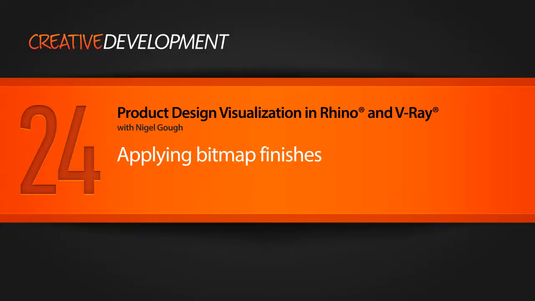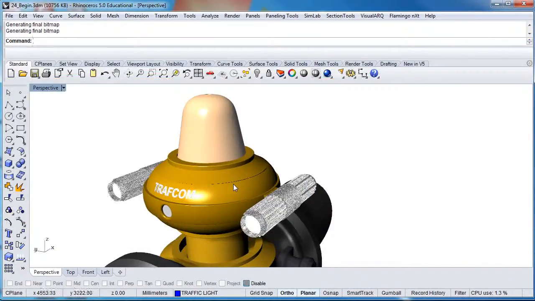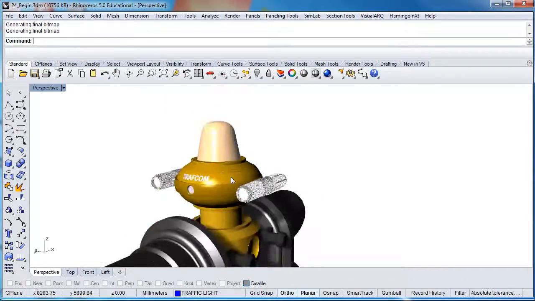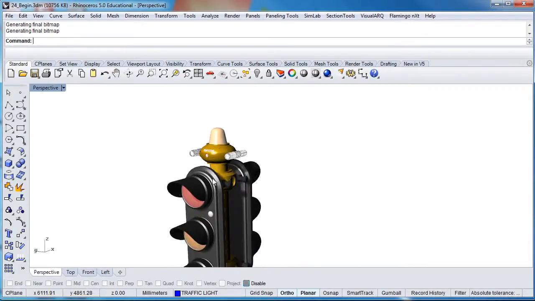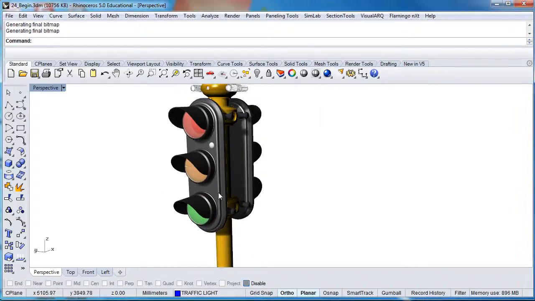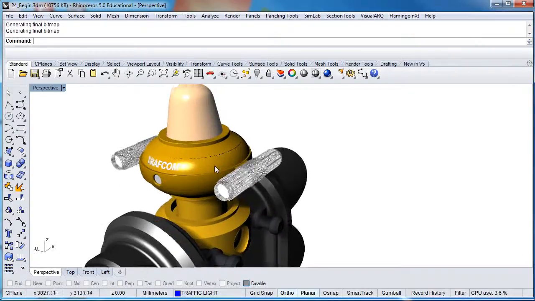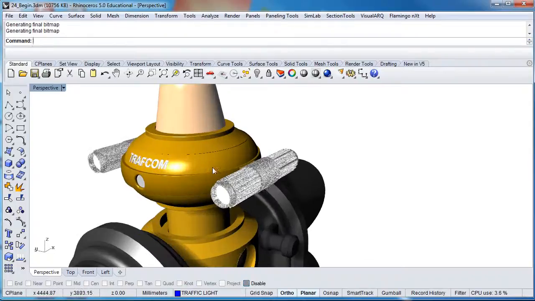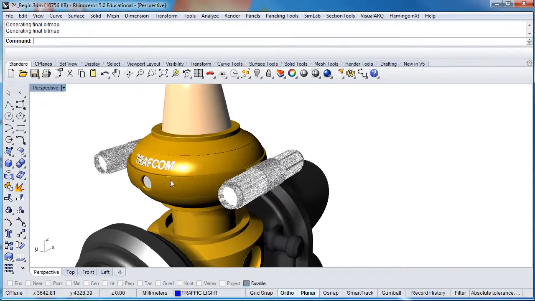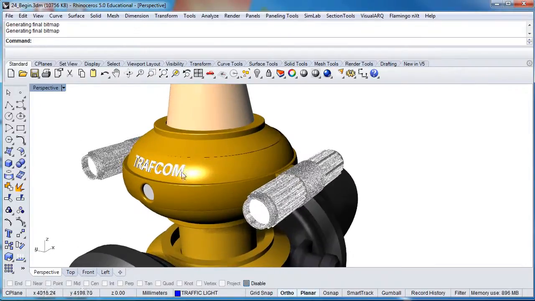Hopefully at this stage everyone is feeling progressively more comfortable using the native Rhino material editor in order to allocate finishes throughout a project. So you can allocate colours, transparency, reflectivity, and you've just got to the point in the last lesson of applying bitmaps in order to manipulate the finishes. So you've added a texture map in order to give a bump surface finish to the edges of the webcam,